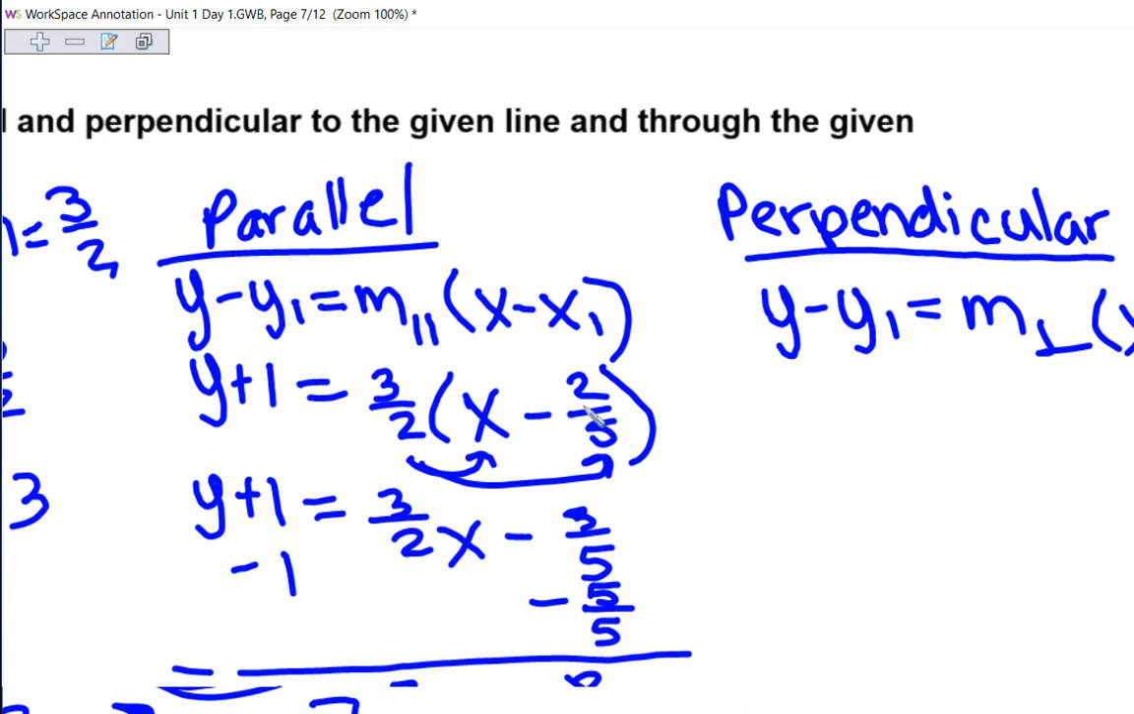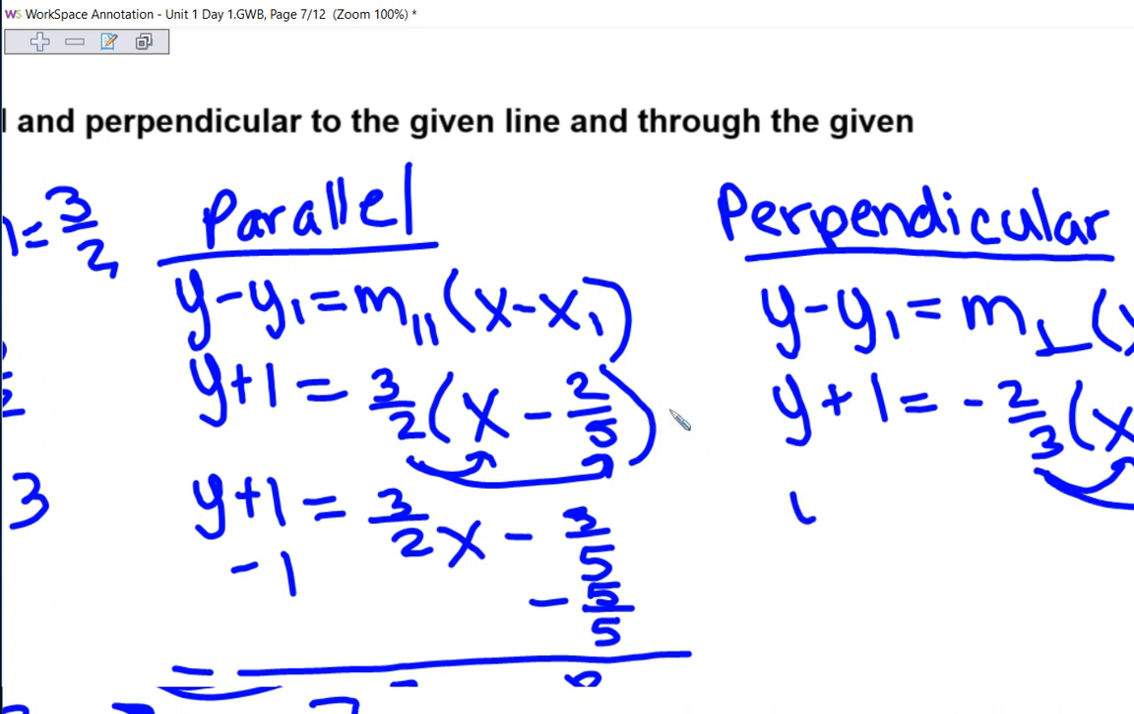Okay, so basically it's going to stay the same for the most part because we're still subtracting the -1, so that's still y plus 1. But for the perpendicular slope, it's not 3/2, I need the opposite reciprocal, which would be negative 2/3. And distribute that negative 2/3, so this would be y plus 1 equals negative 2/3 times x is negative 2/3 x. And negative 2/3 times negative 2/5 would be positive